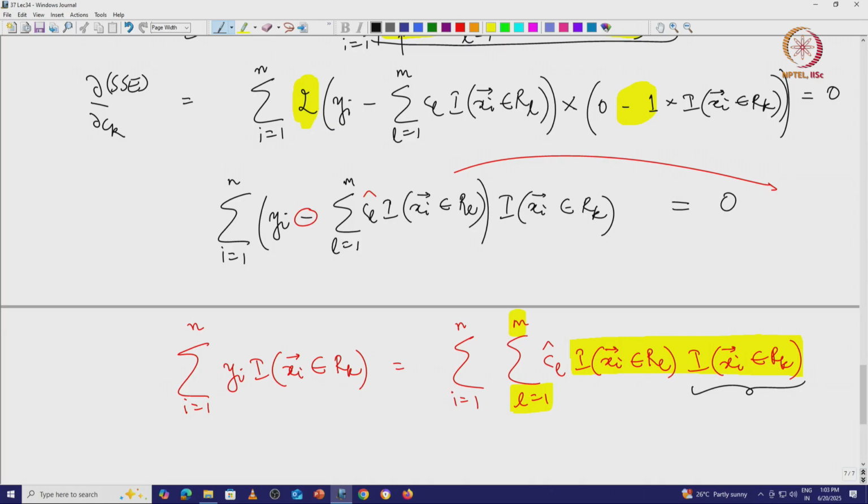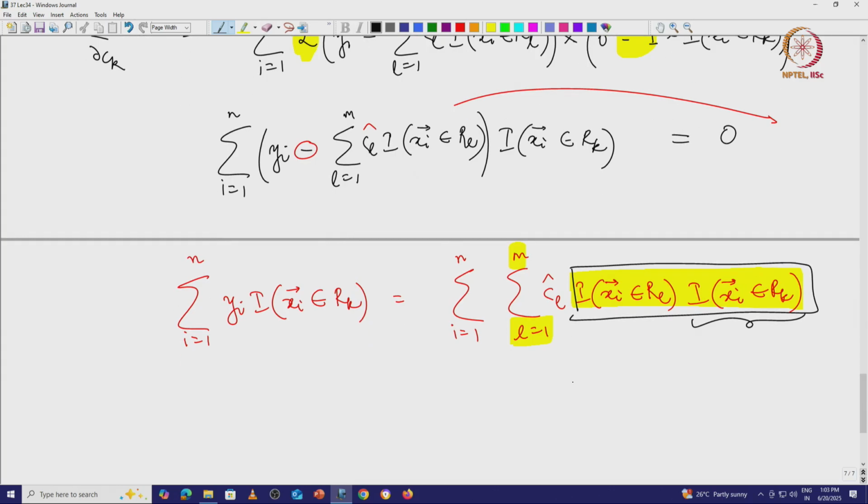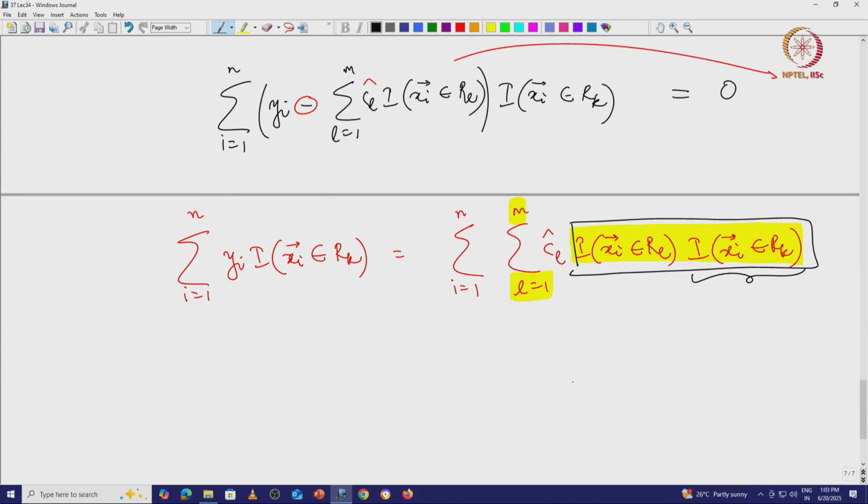So the only term that will remain from this summation will be the term that corresponds to l equal to k, right. So this whole summation becomes just one term, so that is i going from 1 to n times Ck hat times the indicator of xi belonging to Rk, whole square, right,